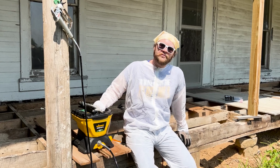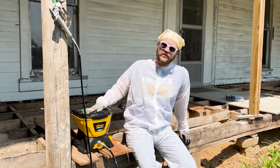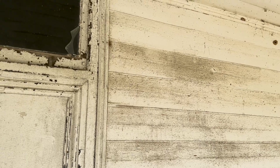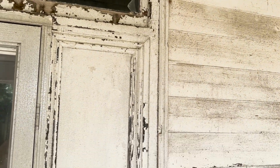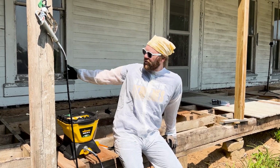Everyone, welcome back to some Blood Crest Manor content, and today I'm bringing you some very exciting news and content. We are going to be finally getting this old nasty white paint covered up, and we're going to be turning it black. This place is going to be matte black from the top all the way down to the bottom,